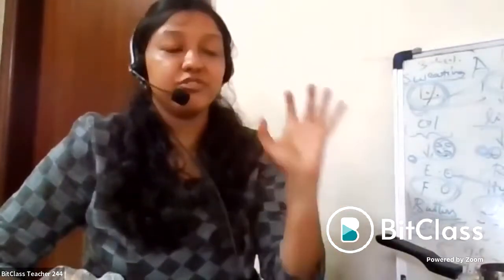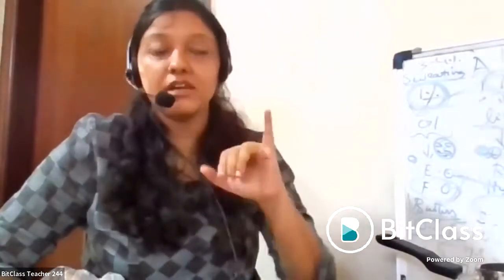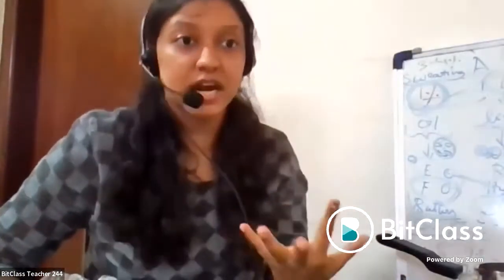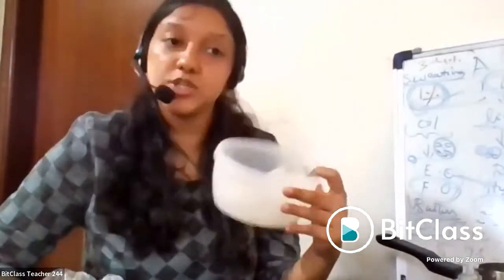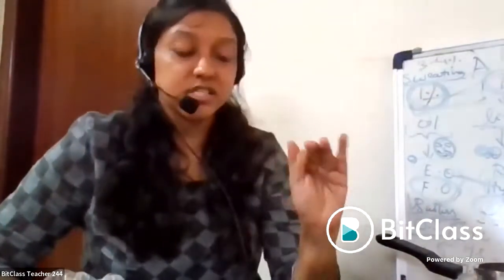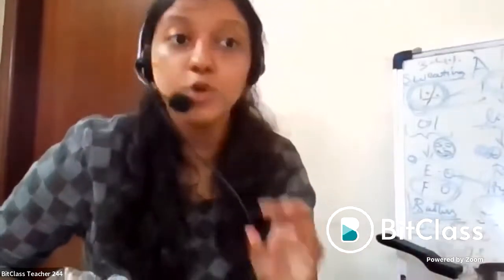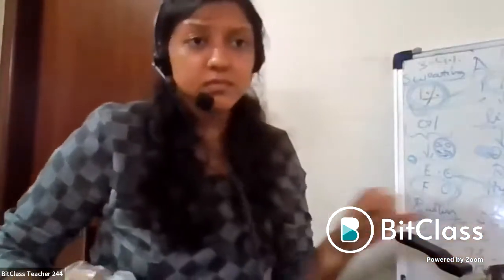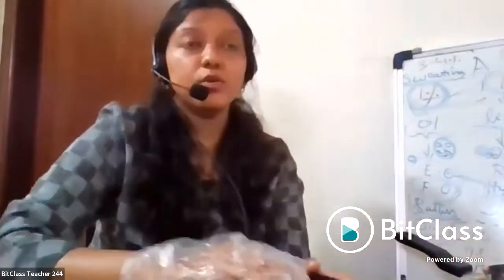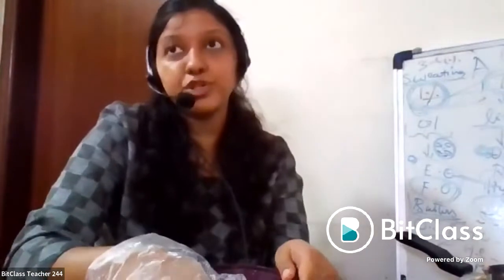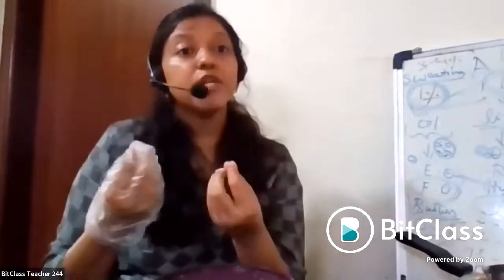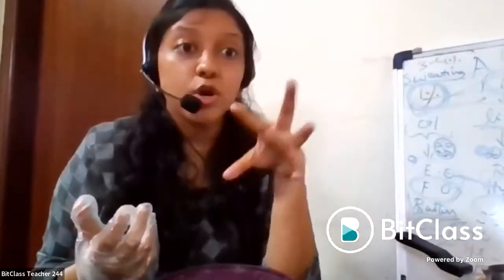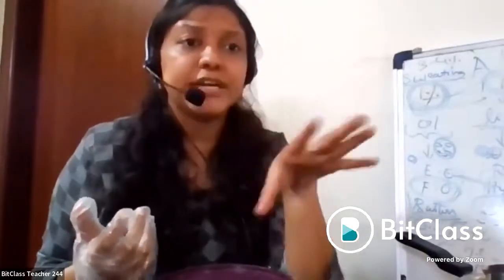Don't add anything fresh into your soap. One very, very important thing. But fresh things can be added when you make soap from scratch; when you start from scratch you can add them. That I will discuss in the advanced class. For now, if it is a melt and pour soap, don't add anything fresh at all. And one more thing, if you add rose petals, what will happen after 1 or 2 months? If you take it out and see, the petals will have turned to ashes and your soap will look like it got pigments all over. Black things will be there completely on your soap.